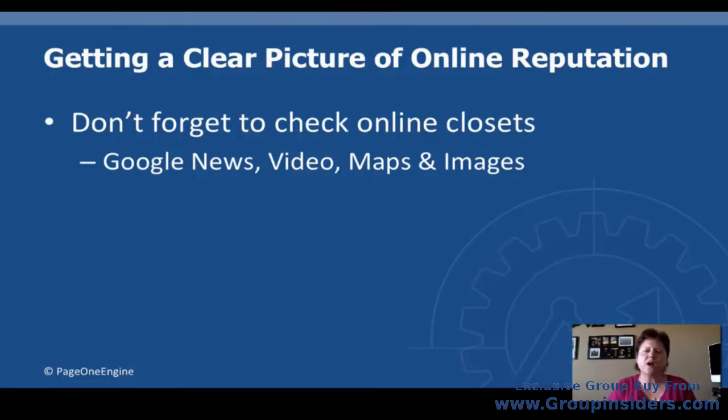Remember, online reputation is not about always where they are today. Anything can surface at any time, and you need to know what's out there so you can figure out the best strategy. Look at Google Maps. What's out there? How many different profiles do they have? Things like that. And look at the images. Don't forget to look at images. Look at social media. Look at their Facebook. Look at their Twitter account. Look at everything you can think of when it comes to social media.